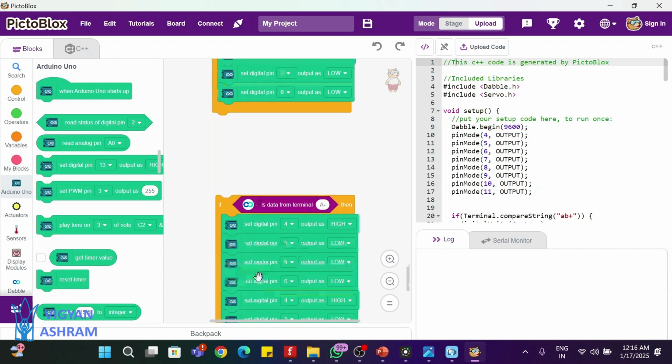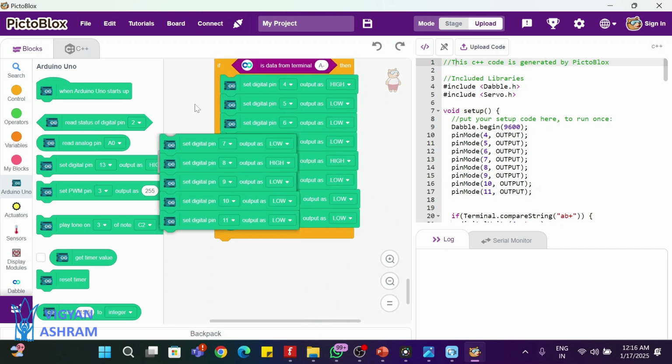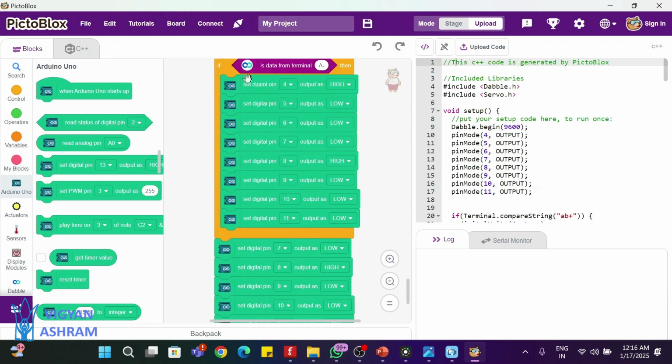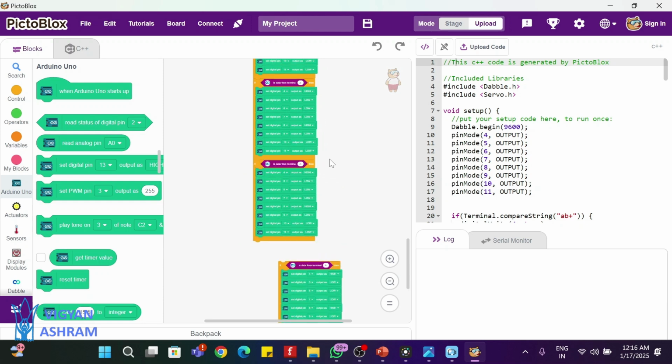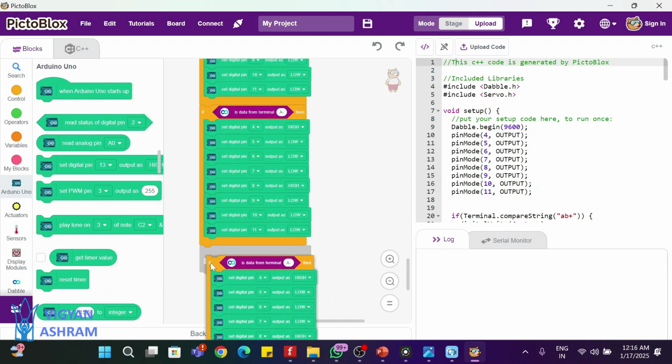Something is wrong here. I know what happened. I just accidentally dragged these here. I'll just zoom out. Correct. 4, 5, yeah, 4 and 8 high, and then I just copied this for